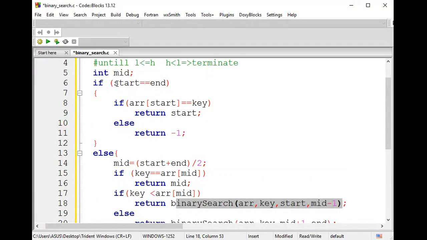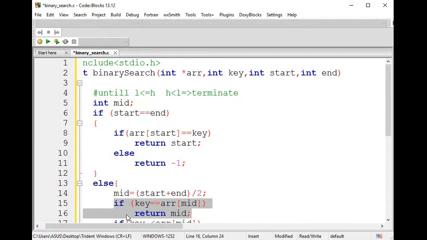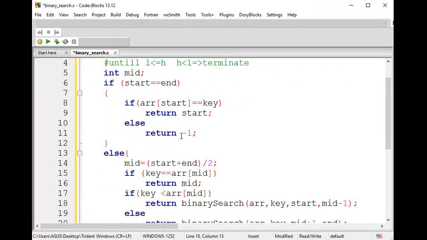At certain point, you can notice that I'll be doing it again and again. At certain point, I can notice that your start value will be equal to your end value, that is nothing but the position where the element is found. If it is going beyond the range, you can find out that the element is not there. Right. So before reaching the cross point, if you find meanwhile that the element is there, if at all your key value is equal to array of mid value, it will be returned. So now the return type is integer. So if the element is there, we are going to return the integer value of it. If the element is not there, I return minus 1. This is the condition we applied for this